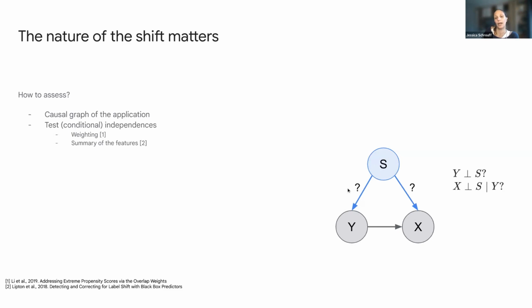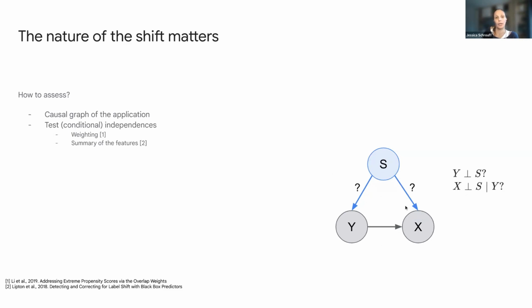Now, once we have this arrow here, we want to test whether S is a direct cause of X. So to draw this arrow, we have to test for this. We can't directly do the same thing that we did with Y, because there is this other path here where it could change the marginal of X, but a direct arrow would actually prevent it if you condition on Y. So